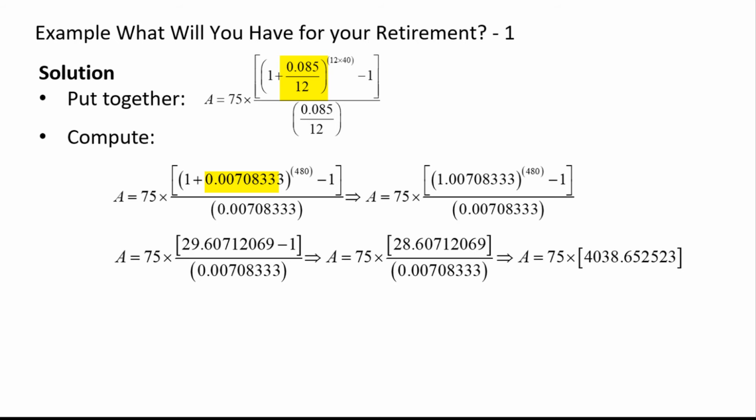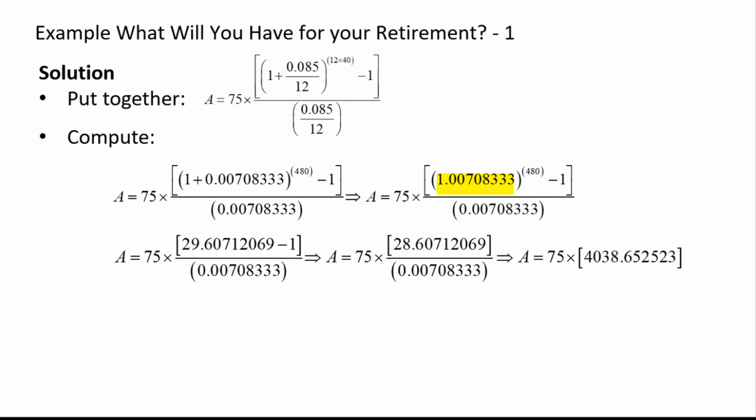And that raised to the product of 12 times 40, that's 480 monthly payments, still minus 1. And all of that is divided by the APR divided by 12. In your calculator, 0.085 divided by 12 is 0.0070833. Let's continue. So A equals 75 times, and in the numerator, in the bracket, and now in the parentheses,